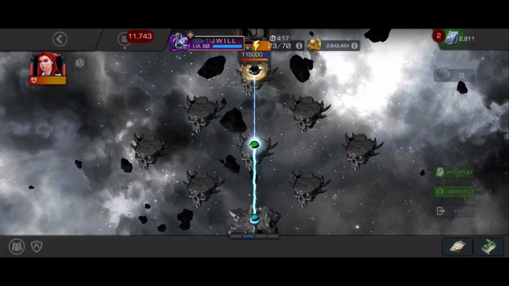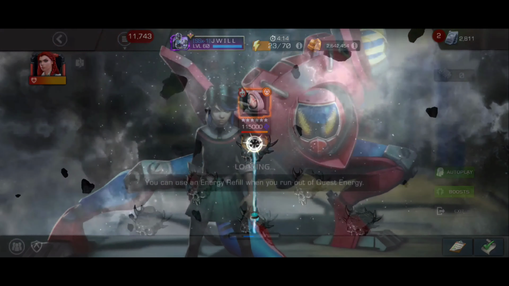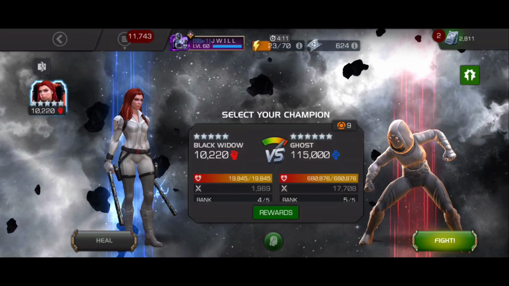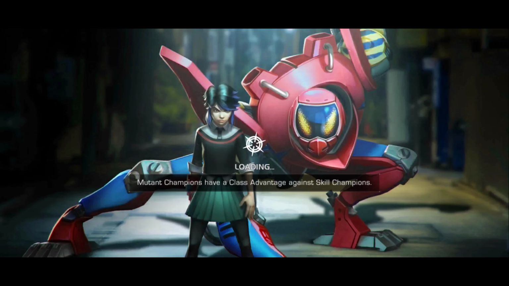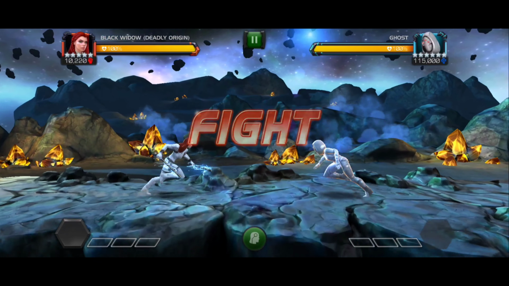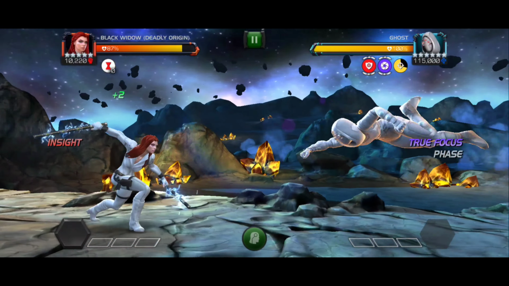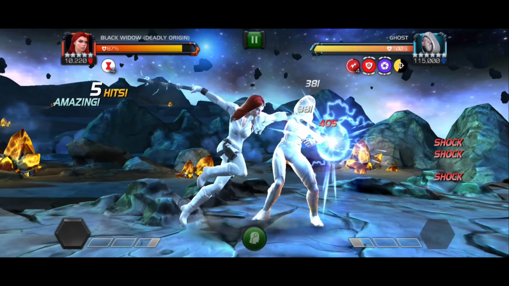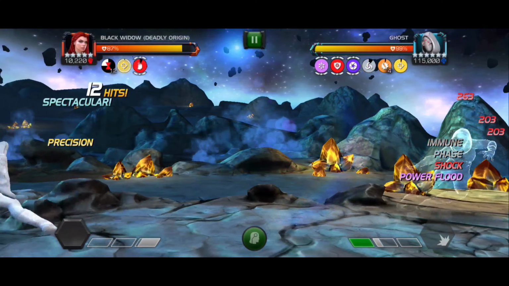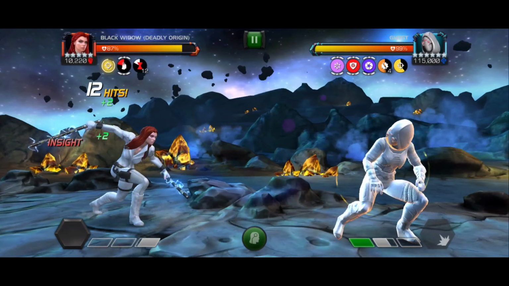Today I'm going to do something a little different. I'll be taking in a few different characters for this Summoner of Pain week 9. As you can tell, I have Black Widow, and the strategy for this basically was to bait out special ones. There's a couple instances where I had to bait out the special 2, and we'll get into it as we